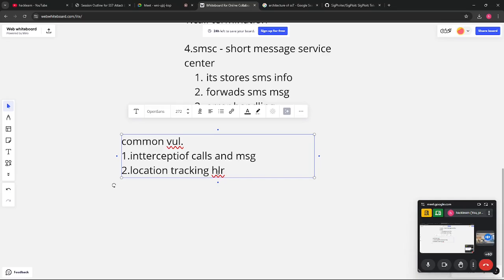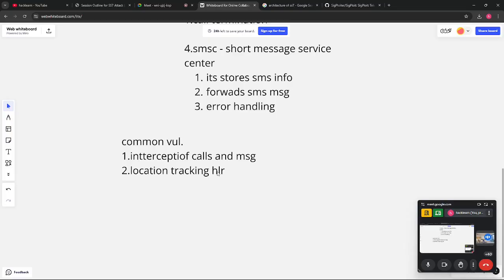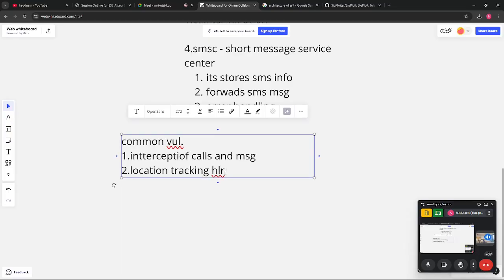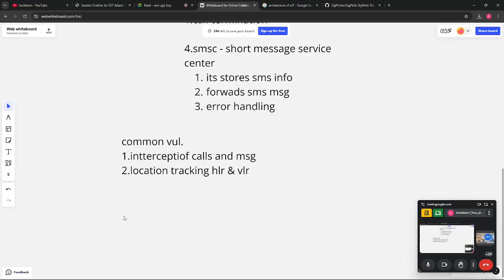That message helps determine the nearest tower, meaning where the victim's phone is connected. After that, the attacker knows the exact location of the victim. The HLR and VLR are responsible for that, and there is no encryption available there. They are all unencrypted services, and anyone can go through them.